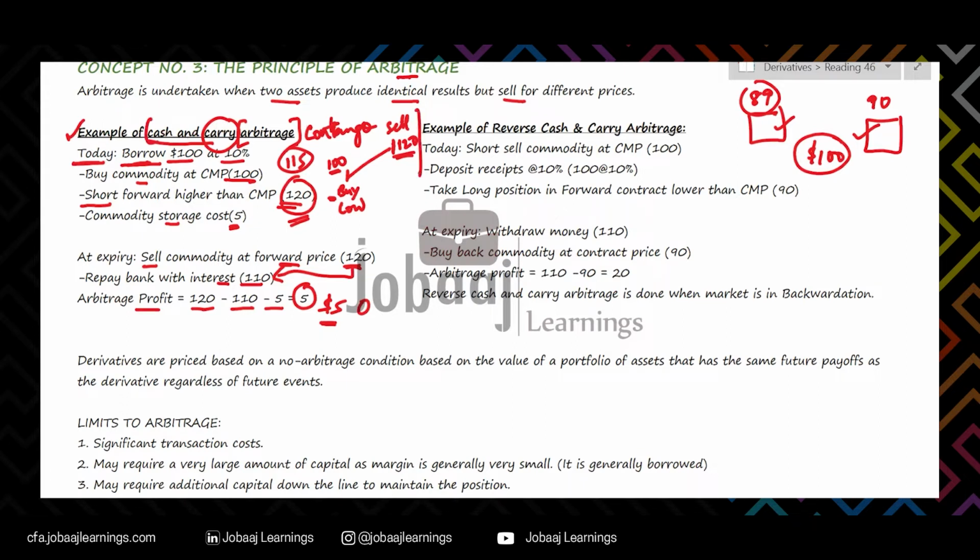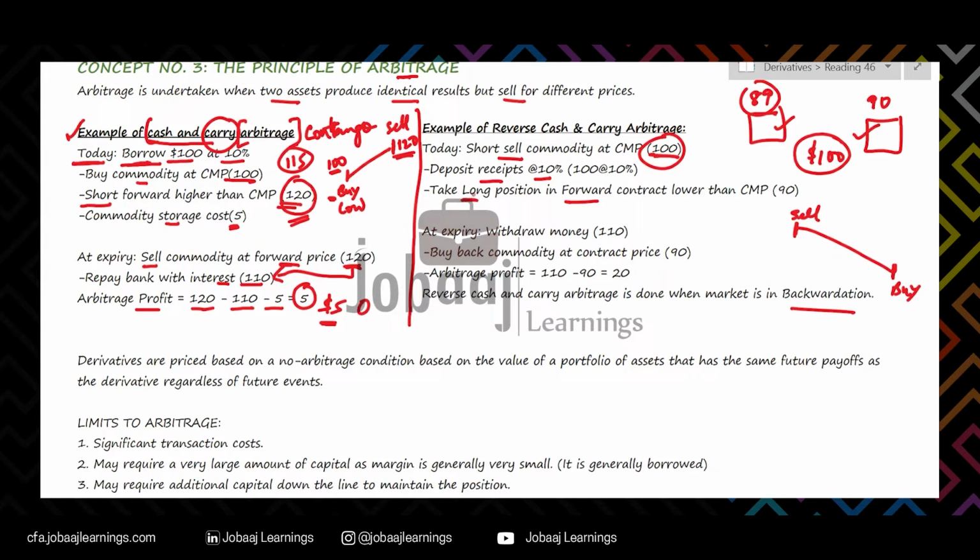There can be another situation where we do reverse cash and carry arbitrage. This is usually done in case of a backwardation market when the prices are falling. So when the prices are falling, you would naturally like to sell in the spot market and then you would like to buy in the futures market, right? So this is just the opposite of what we did in cash and carry. First you would sell the commodity. So by selling the commodity in the spot market, you are going to get some cash. You will deposit the cash in the market at some interest rate, and to close your position, you are going to buy a forward contract.